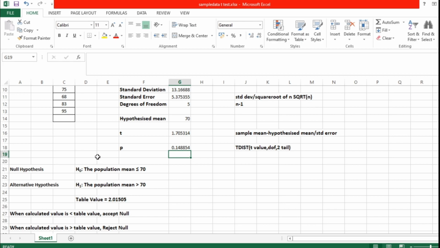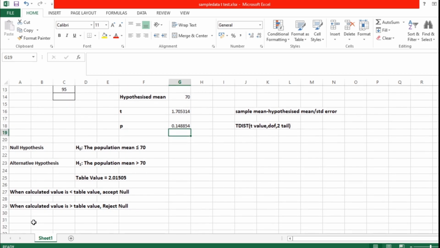The table value related to the t-test is 2.01505. Here we have calculated the t value, that is 1.705314. So here, as per the calculation, table value is greater than the t value. So the result is when the calculated value is lesser than the table value, automatically you have to accept the null hypothesis.